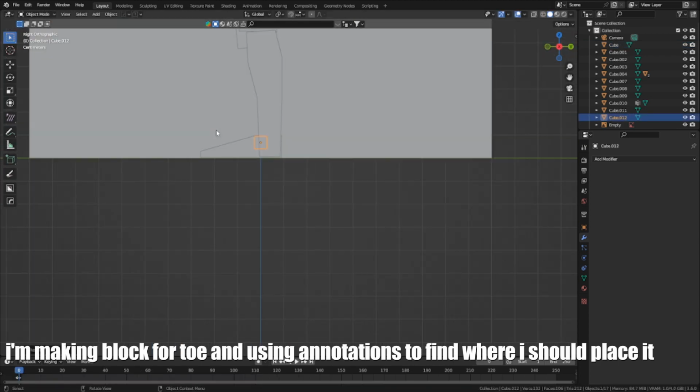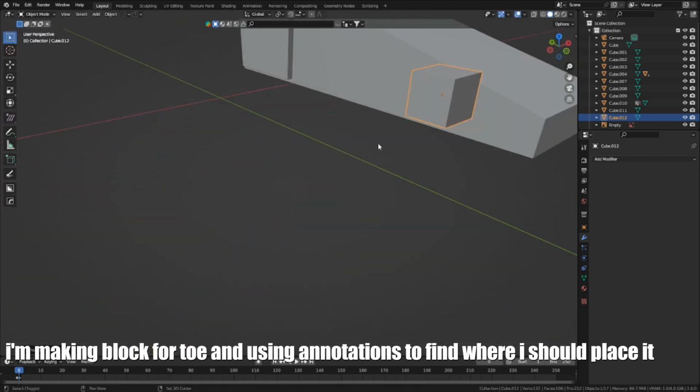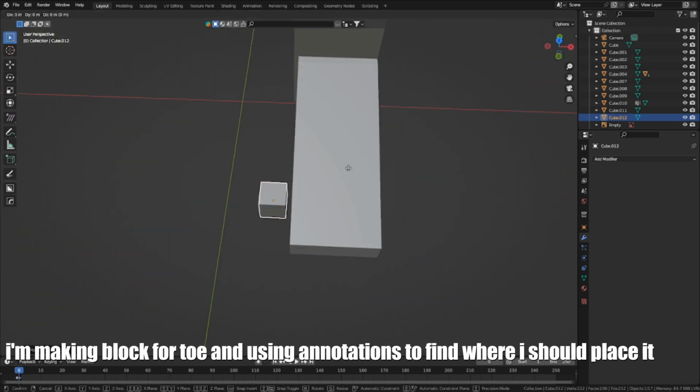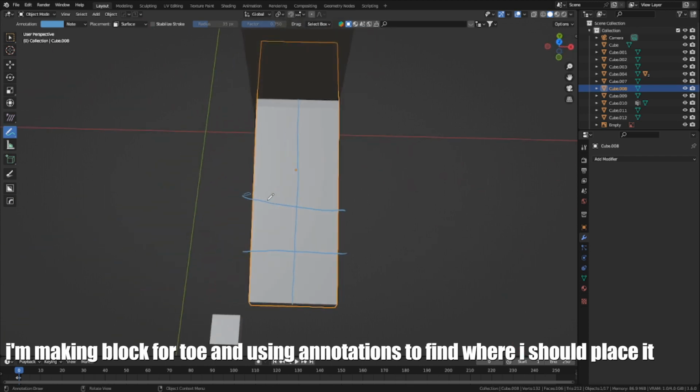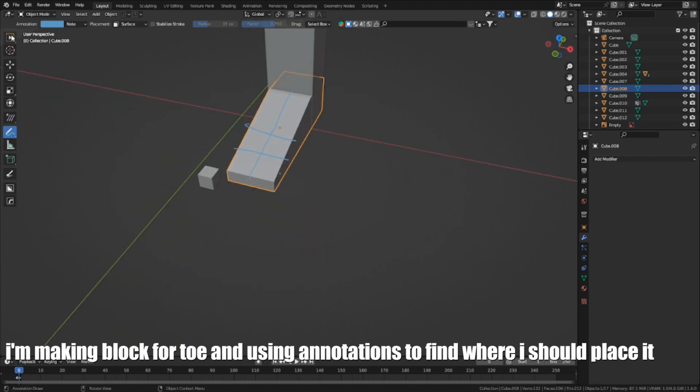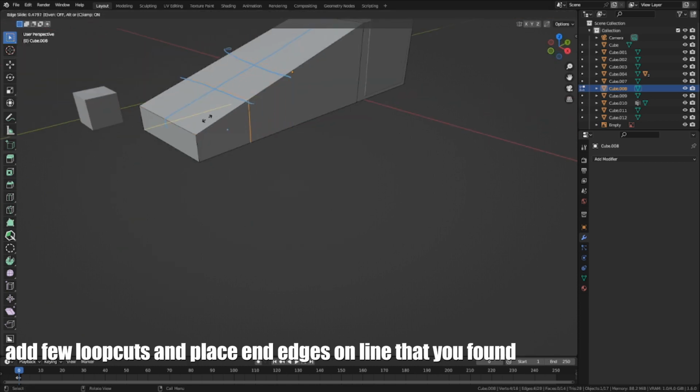I am making a block for the toe and using annotations to find where I should place it. Add a few loop cuts and place the end edges on the line that you found.